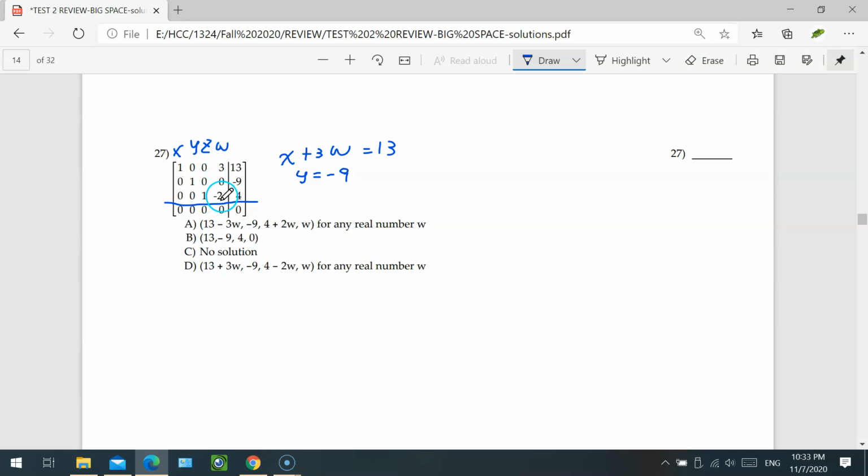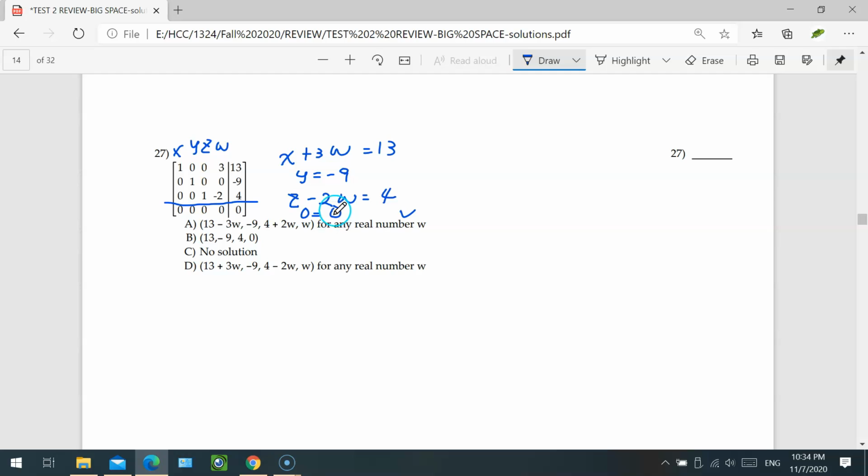Z minus 2w. So z minus 2w is equal to 4. The last row here, everything on the left hand side, on the first 4 columns, they are 0. So I have 0 equal 0. This is true. Alright, so since the last row is a true statement, that means yes, there's a solution of